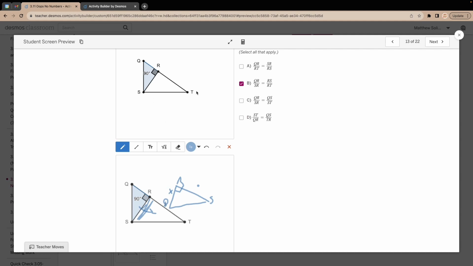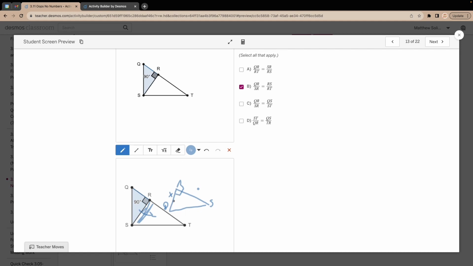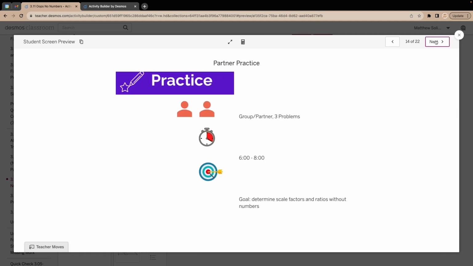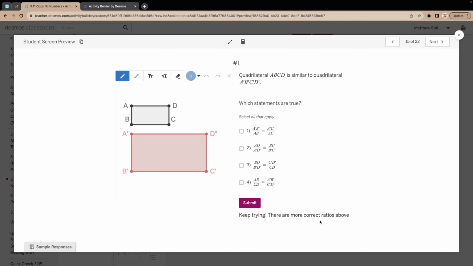This one's hard because you got to rotate it, and drawing it separate really helps. So if I did QR, this side, over RT, and then SR over RS, that really wouldn't work. So we want to just make sure we choose those corresponding sides. Had to rotate this one. They won't always be that hard. So for example, this one, I want to make AB and A prime B prime on the same. So A prime B prime over AB,